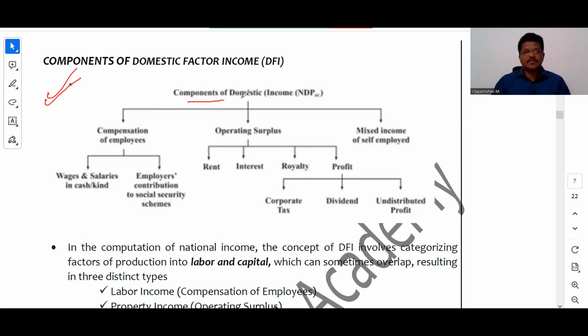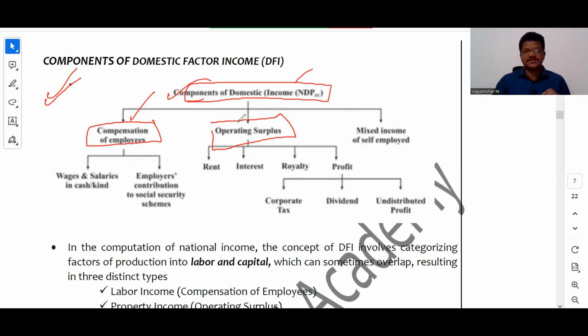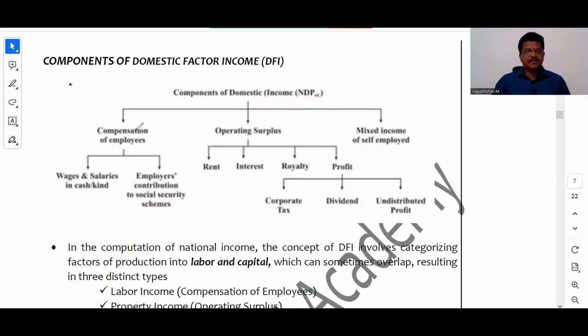So first of all, the components of domestic factor income, right? NDP at factor cost. There are basically three components. One is compensation of employees. Another one is operating surplus, and another one is mixed income of self-employed. Now, how did you arrive at compensation of employees, operating surplus and mixed income of self-employed? See, basically the rewards